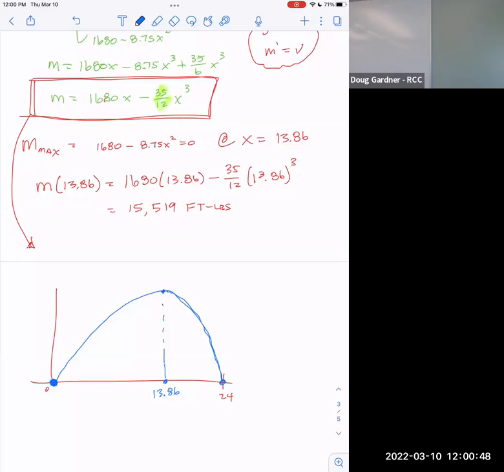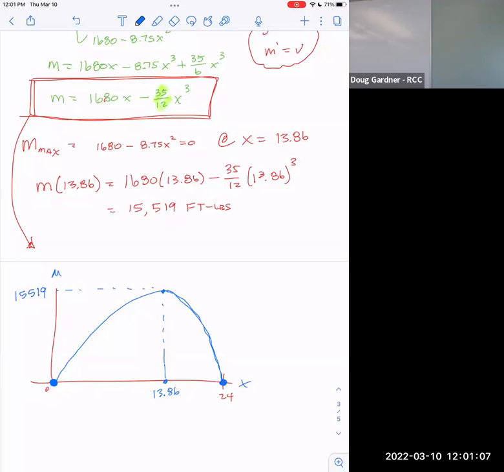That makes sense because it's supported over there, right? And there's no moment over here, it's supported over there. But out there, not in the middle, but to the right of the middle, I get this maximum spot. So if I said X over here and M over here, and then I had this labeled at